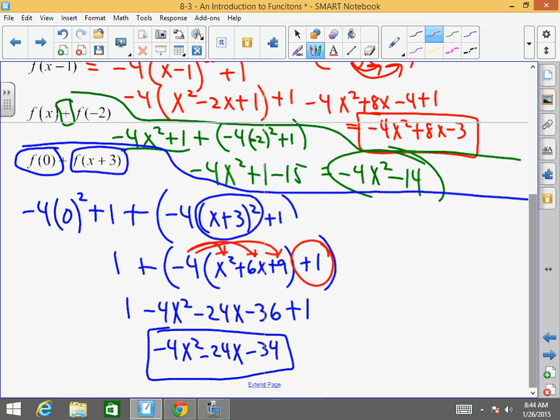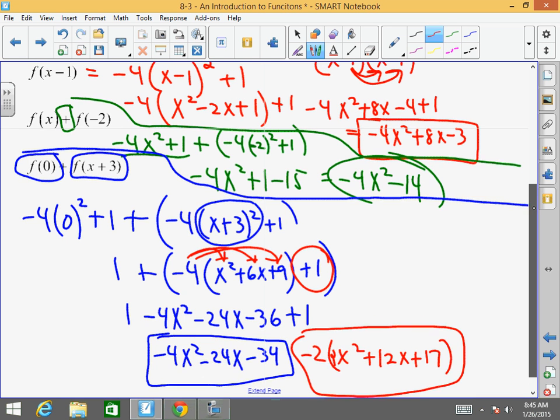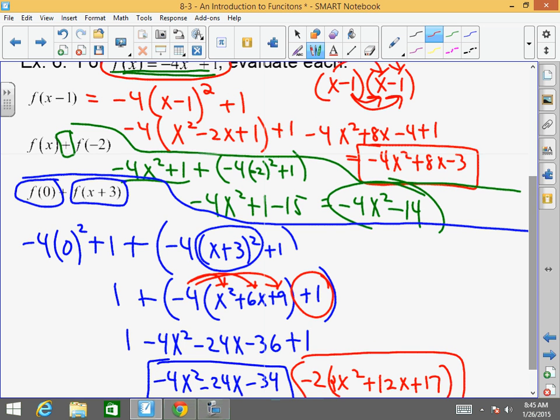There's no equation here because there's not an equal sign. And if I wanted to simplify, I could factor out a negative 2 if I wanted to. If I factor out a negative 2 here, it'd be x squared plus 12x plus 17. But it's not necessary. Yeah, you could factor out a negative 1, but you can factor it, but you can't solve,